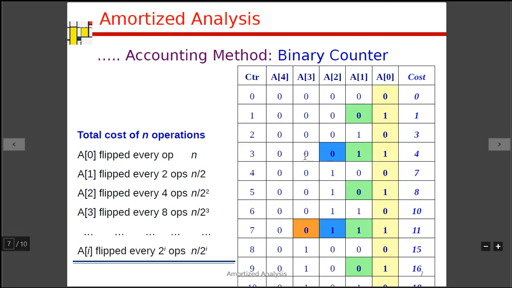It has been explained over here. This particular diagram is explaining the flipping at every n operations. So this is the accounting method for the binary counter. How exactly is the binary counter working as a cumulative analysis? The 0th bit is changing every iteration. The first bit is changing every 2 iterations. The second bit is changing every 4 iterations. And the third bit is changing after every 8 iterations. So this is incrementing, and the flip operation has a specific pattern, and that pattern is identified in the accounting method. That is the only analysis from this one.